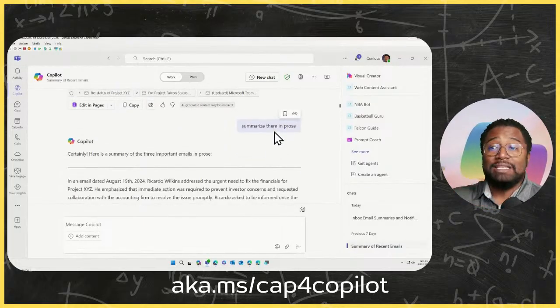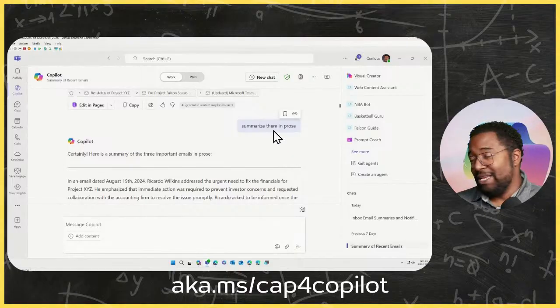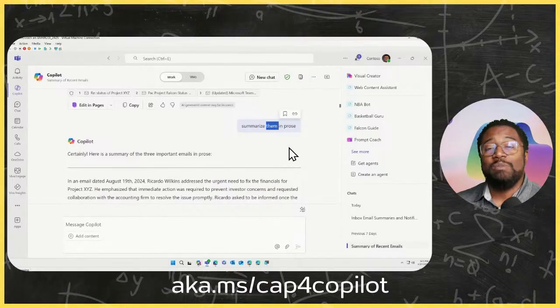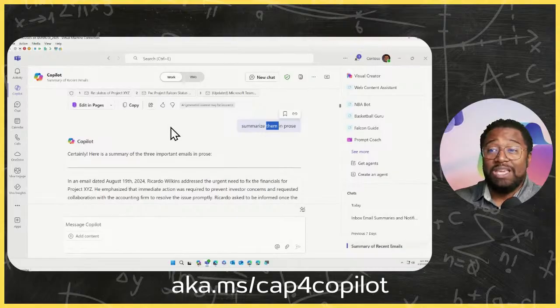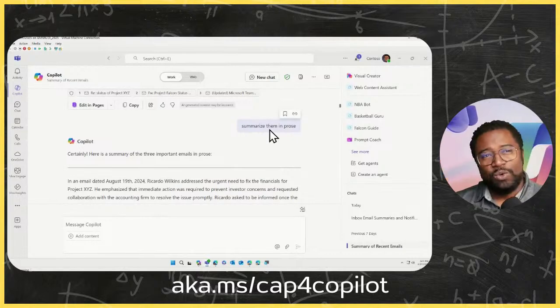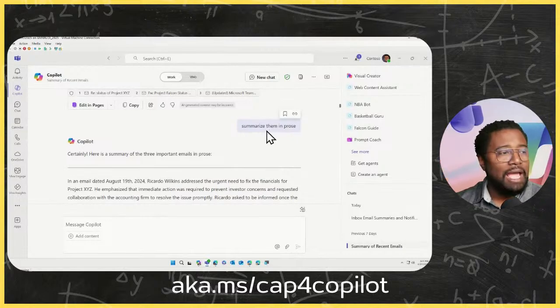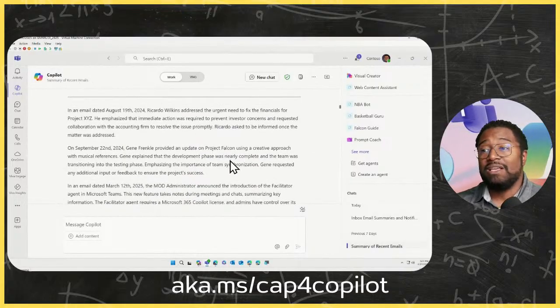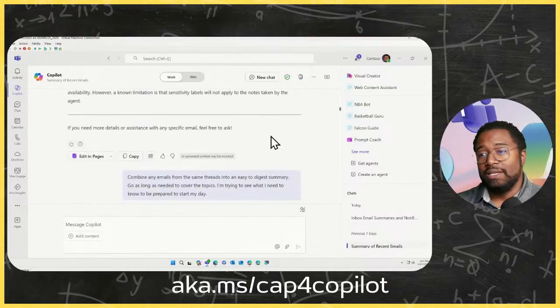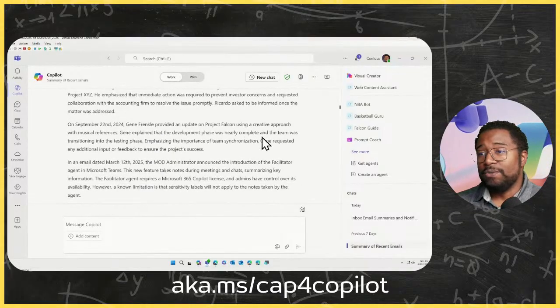Now, my next thing I say, summarize them in prose. And again, a keyword here is them. I don't have to repeat summarize my emails in prose. Copilot knows we're talking about emails and knows about the specific emails we're talking about. So them is fine. Summarize them in prose. That means take these quick summaries you've been doing and be more elaborate. So, okay, here we go. Now I'm giving you paragraphs, or kind of almost like a book to read about the summaries, as opposed to those bullets. All right, so that's cool.